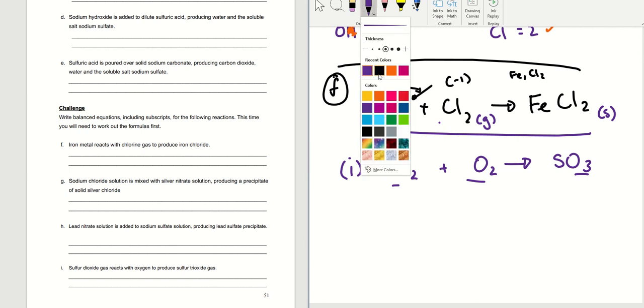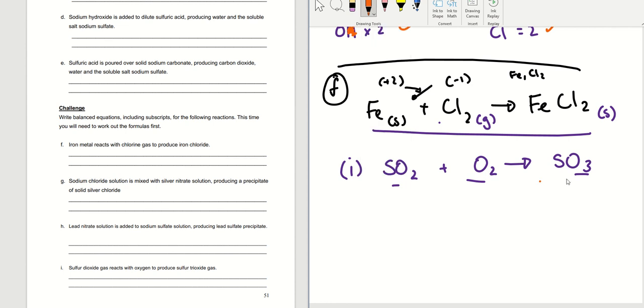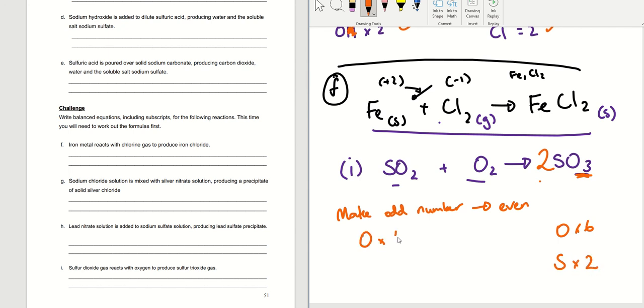What I usually prefer doing, and you can see if that's to your liking as well, is to always make the odd numbers even first. So I'm going to make this into 2. That leaves me with 6 oxygens here and 2 sulfurs here. On this side, I have 4 oxygens in total and 1 sulfur there. So